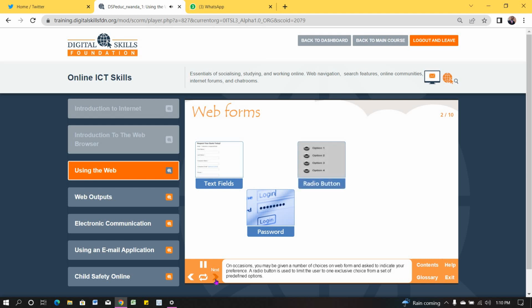On occasion, you may be given a number of choices on a web form and asked to indicate your preference. A radio button is used to limit the user to one exclusive choice from a set of predefined options. As you can see from the example on screen, they are normally circular with a descriptive label. As only one selection is allowed, if the user clicks on a different radio button, the previously selected one is